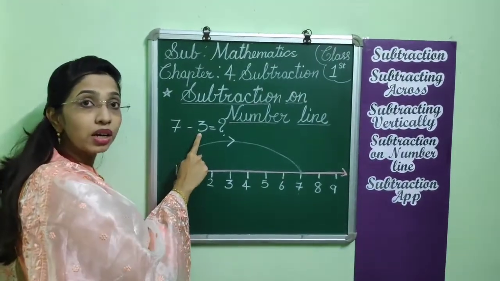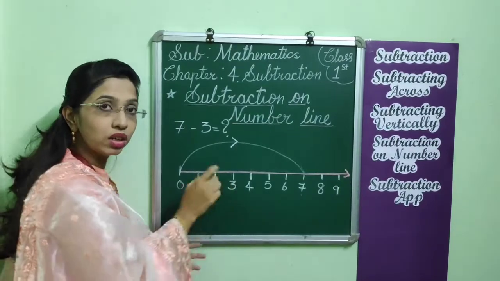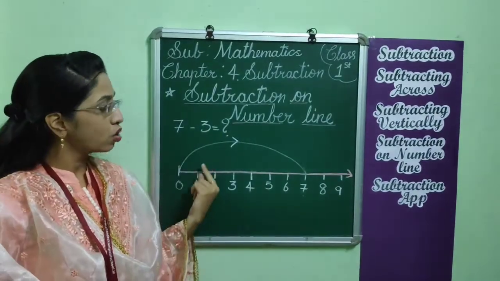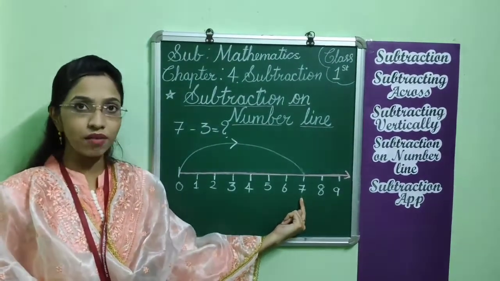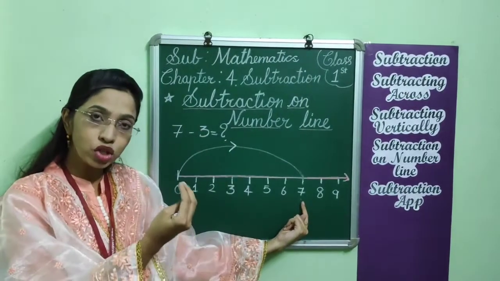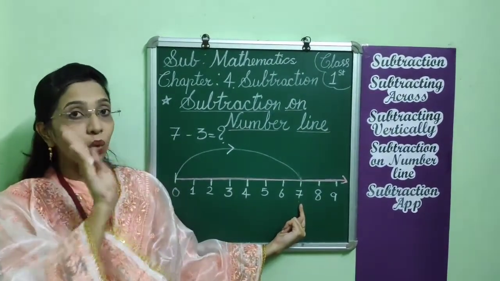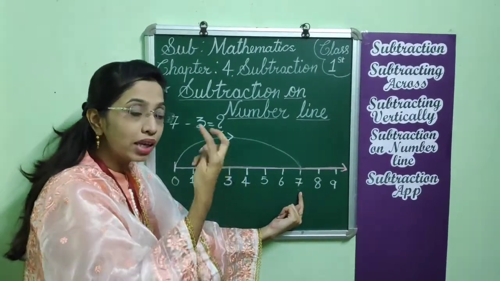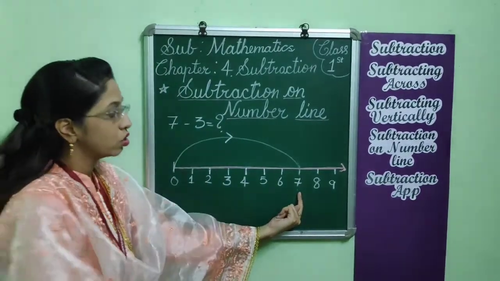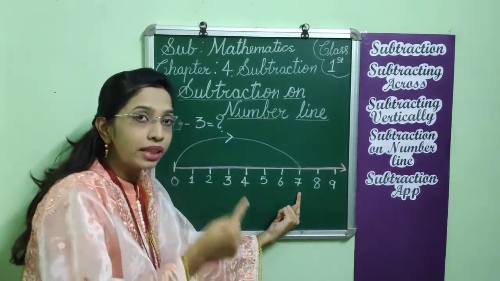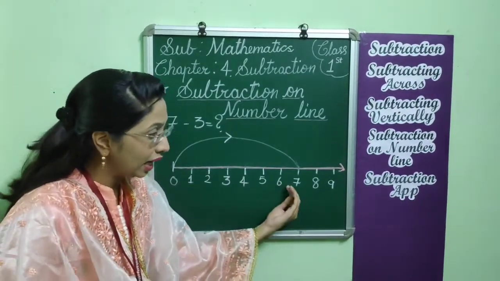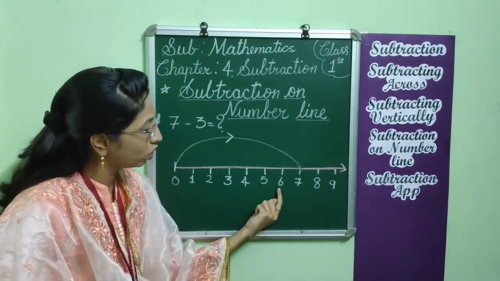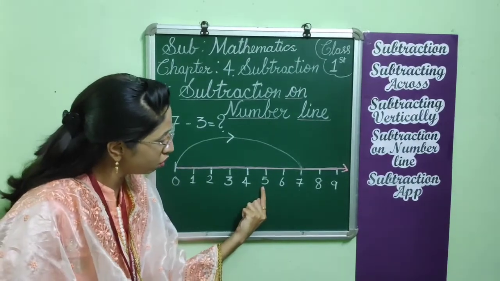3. What is the number? 3. Don't see 3 and put a circle. No, you have to jump 3 places backward. So, where have we jumped first? On 7. From 7, you have to jump 3 places backward because we are doing subtraction. So, from here, you count 3 places from the back side. Leave 7. You should not include this 7. Now you count 1, 2, 3.